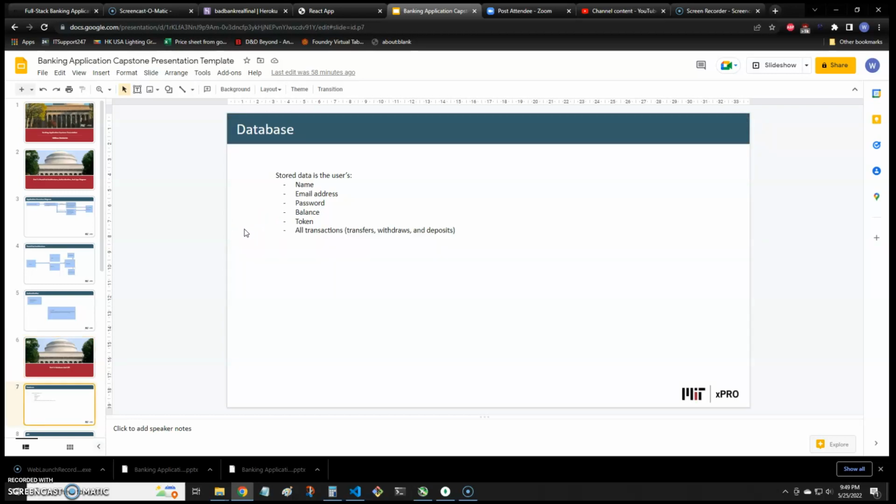Number 2, what data is stored in this application and what's permanently persistent and stored in the database. So what is permanently stored in the database is the user's name, email address, their hashed password, and I hashed this using bcrypt, their balance, and then the JWT token is stored in the local storage and then deleted when the user logs out. And all transactions, such as transfers, withdrawals, and deposits, are also stored in the database, but